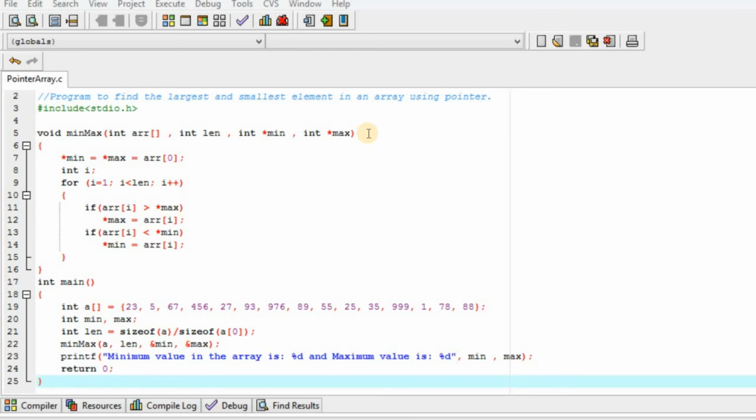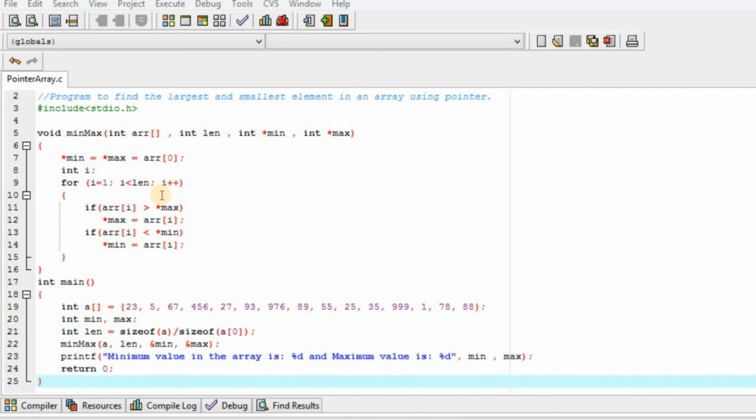If you want to make the change reflected back to the variables in the main function, here we should understand that we cannot return two or more variables from a function. It is not possible to return two or more than two variables from these functions.